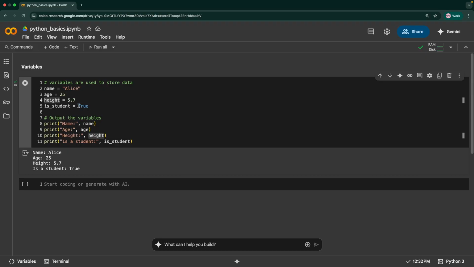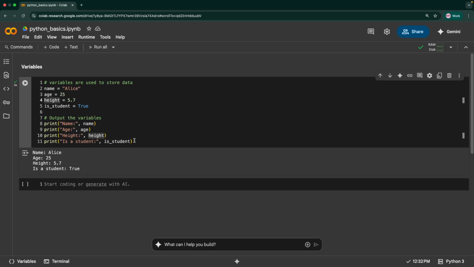Booleans are nothing but true or false; you have either true as the value or false as the value. Even a boolean should not be enclosed within quotes. When you enclose it in quotes, it becomes a string value. So these are the four variables that we have, and we have understood that you don't need to declare what type of variable it is. You don't need to declare that name should be a string, age should be an integer, and so on. You just assign the values and Python will automatically figure it out.